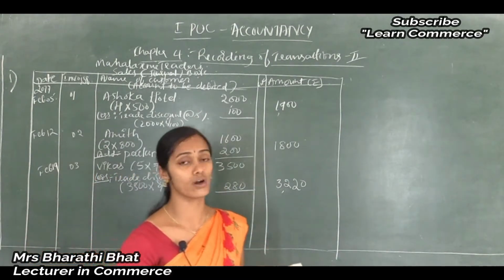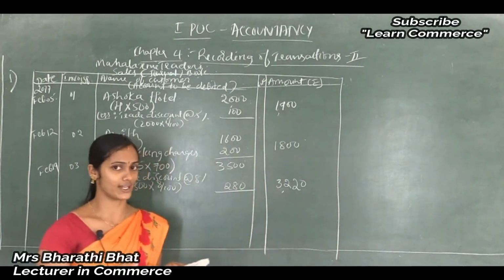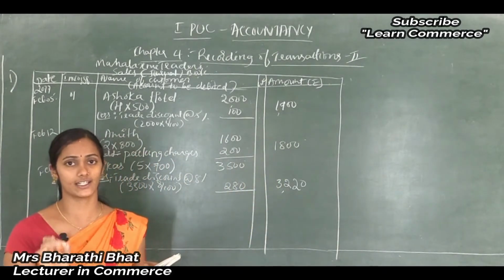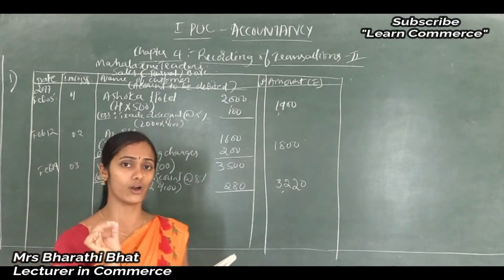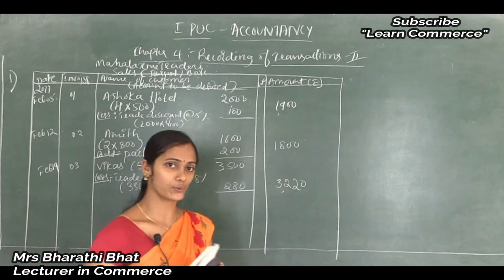And the next one, February 20, sold to Hema 5 kg of sugar at rupees 35 per kg for cash. Can we record this in this journal? No, we can't record it because that is a cash transaction. They clearly mentioned that it was purchased for or sold for cash. So for that we have to give a note.